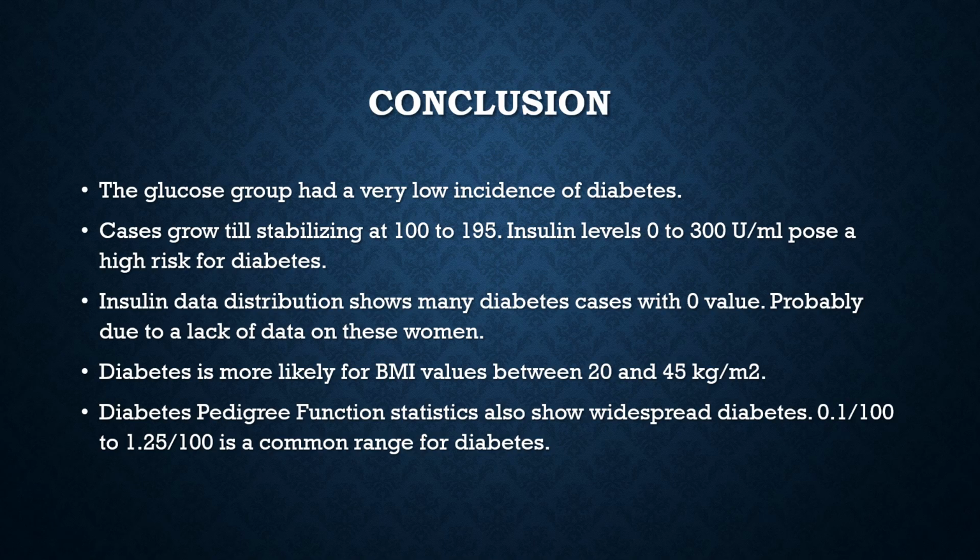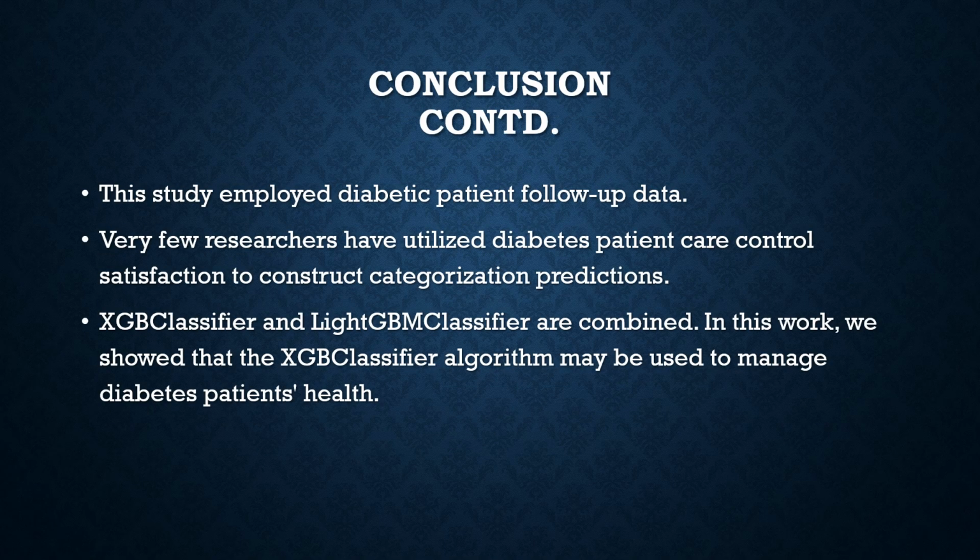Insulin data distribution shows many diabetic cases with a 0 value, probably due to lack of data on this woman. Diabetes is more likely for body mass index values between 20 and 45 kilograms per meter square. Diabetes pedigree function statistics also show the spread of diabetes; 0.1 to 1.25 is a common range for diabetes. Very few researchers have utilized diabetes patients' care control satisfaction,